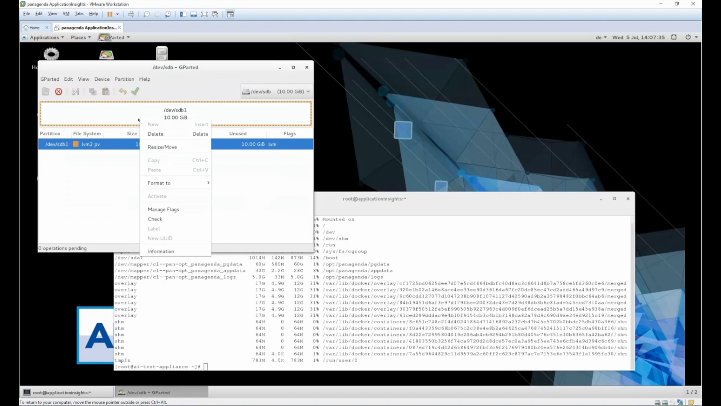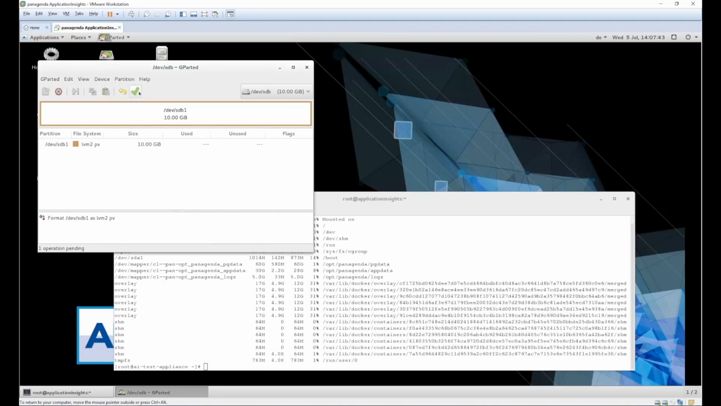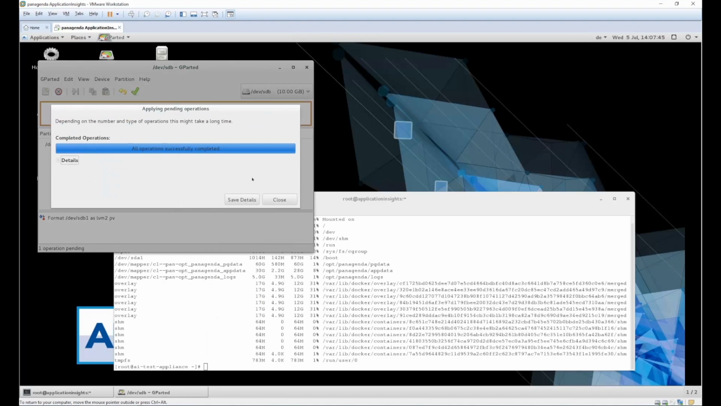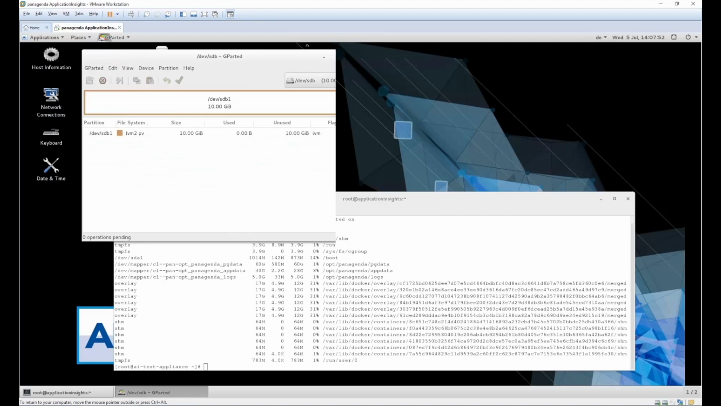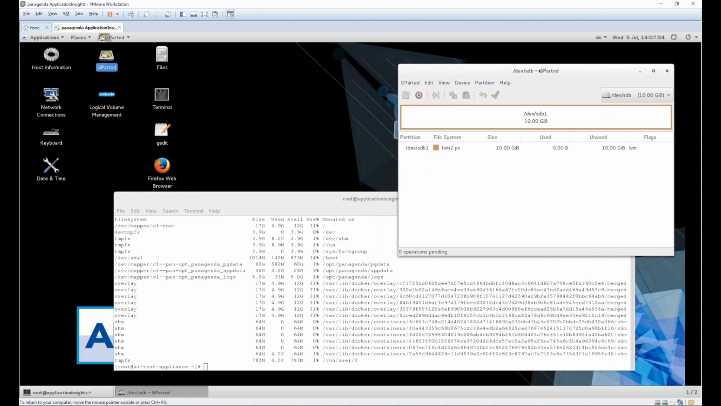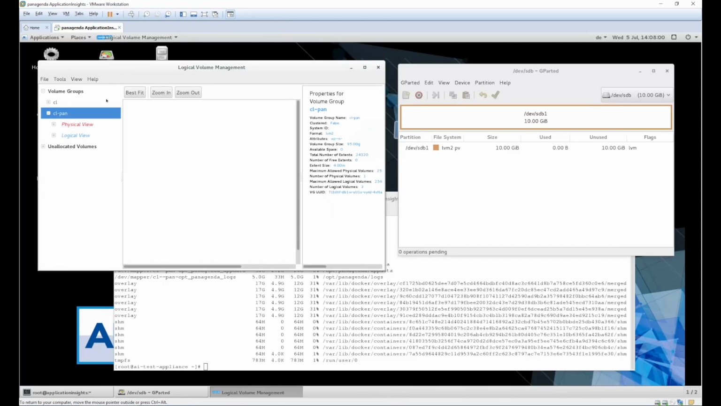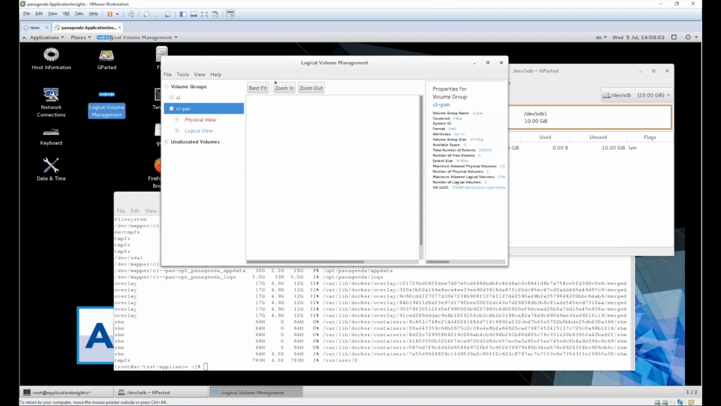So now I have a new partition here created, and I'm going to format that to LVM2 PV again, and also accept that. So now we have set up the virtual partition that is required to make this available to the operating system. Now we need to add this new disk space to the logical volumes, and to do that I